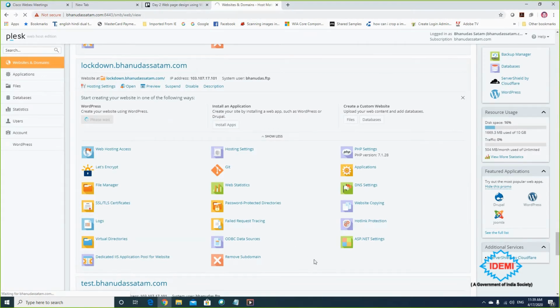That's why we learn that WordPress is a content management system, and maximum people are using it, and we see the statistics also. It is 59%. 59% of people worldwide are using WordPress to create a content management system or website.